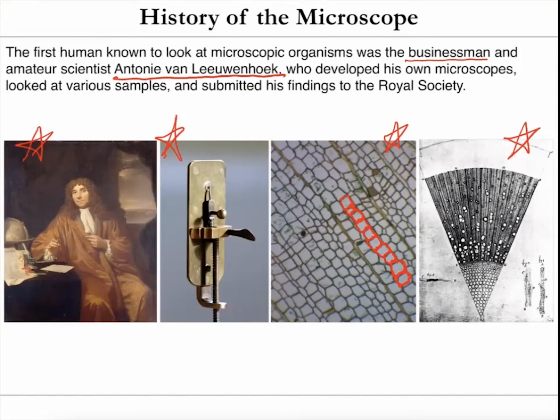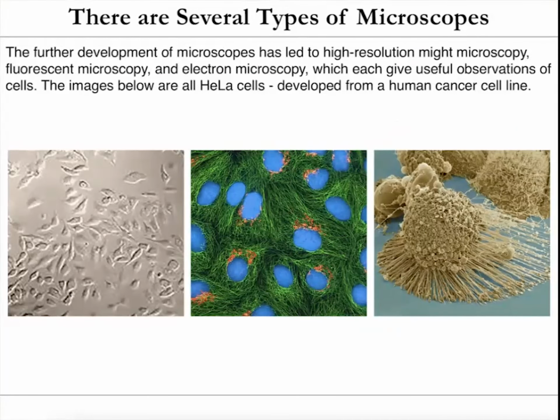So these individuals were the first people to start cell biology and microbiology in the late 1600s, when it first started taking off. And so now, in the subsequent years, we've developed all sorts of really good microscope technology. So there's a lot of different types of microscopes. You can spend a lot of money on a microscope and get really, really high resolution and really beautiful images. So light microscopes are the most common type of microscopes.